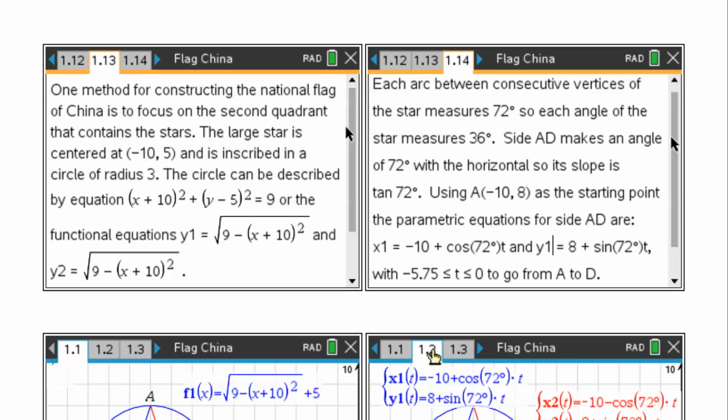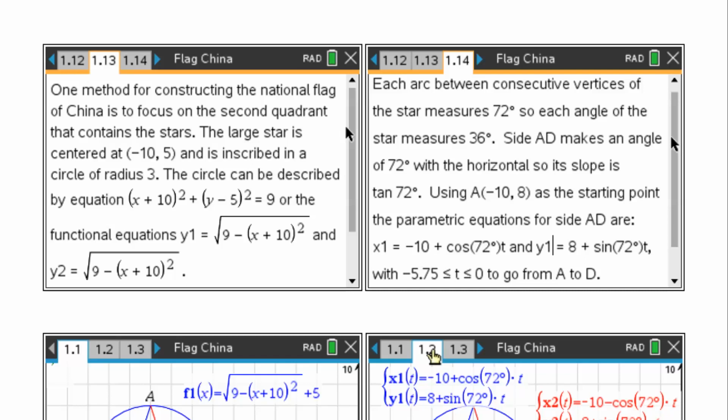I thought that we should use at least 2 different ways of describing the circle. One goes back to the basic form using the Pythagorean theorem and then solving for the 2 solutions. And then we can go ahead and plot that. The next issue is, where do you put the points to form the star? How do you find them? And how do you find the lines that connect those points?